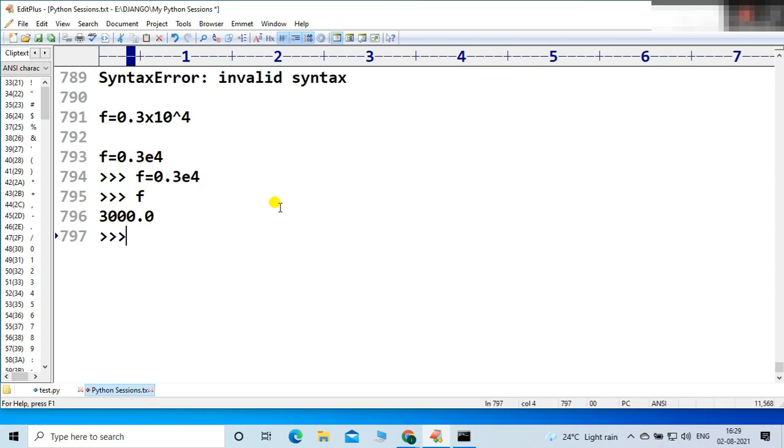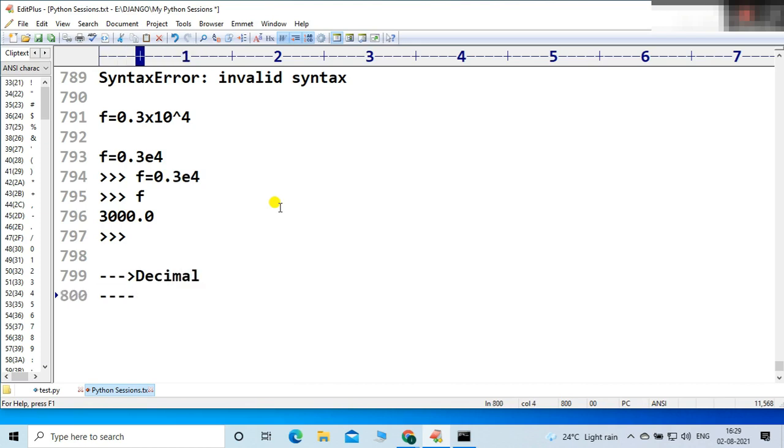Very simple, friends. I think it is very clear to you. So 3 points will come into the picture. First point is to represent numbers with a decimal point; if you are considering the float number system, we always go for decimal.